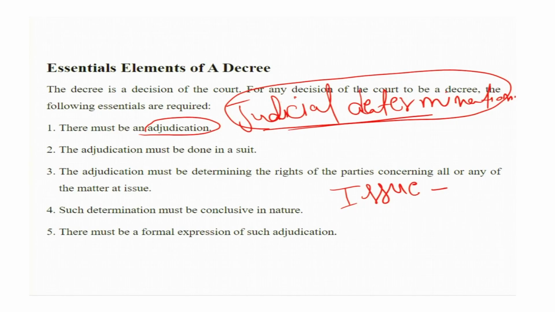Apart from these features, what I will suggest is that first you keep in your mind the complete structure of your trial. Then I think you can easily relate these features. Like adjudication, it means there must be a civil suit, the entire civil proceeding must be there. You have to understand the trial procedure from beginning to end, what happens in civil cases. Then you can understand that only in these kinds of cases we get adjudication, we get judicial determination of issues.